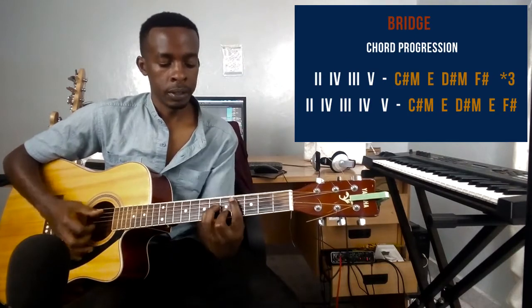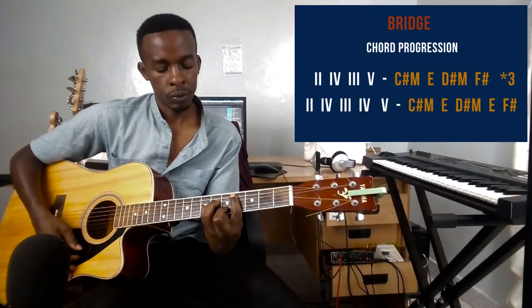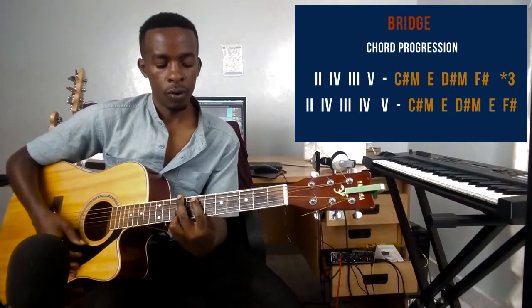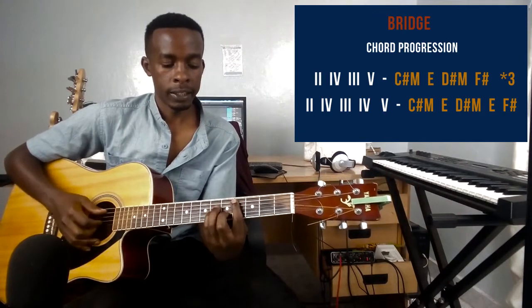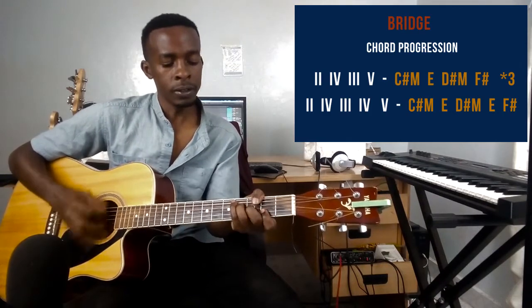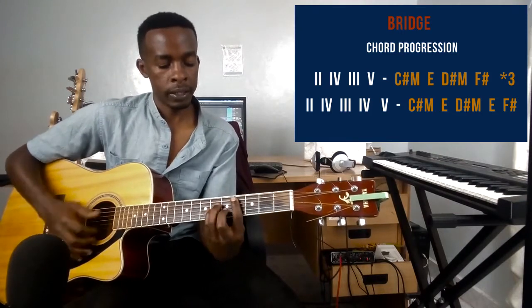So now the bridge, the progression is 2, 4, 3, 5. So where he's singing Narushio Gabutwara Kwano Okagaithye Nina Ayrosh. So that is the chords that I'm playing there. There is C sharp minor chord, which is the 2 chord of key of B,